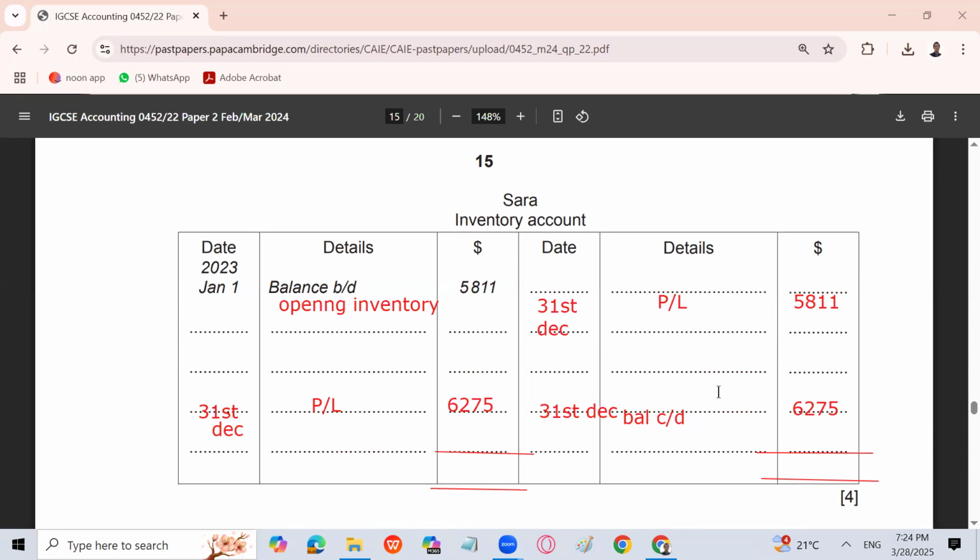होता है, एसेट होता है, उसको भी आप प्रॉफिट एंड लॉस अकाउंट के नाम से क्लोज कर देते हैं, क्योंकि वो कॉस्ट ऑफ सेल में से माइनस हो जाता है, बिकॉज इट इज एन एसेट। और फिर ये आगे आपका नेक्स्ट मंथ का ब्रॉट डाउन बन जाएगा, विच इज 6275। तो टोटल बताइएगा, मतलब 5811 प्लस 6275 इज द टोटल। 12086। तो ये आपका टोटल आ जाएगा 12086। इधर भी आपका टोटल आ जाएगा